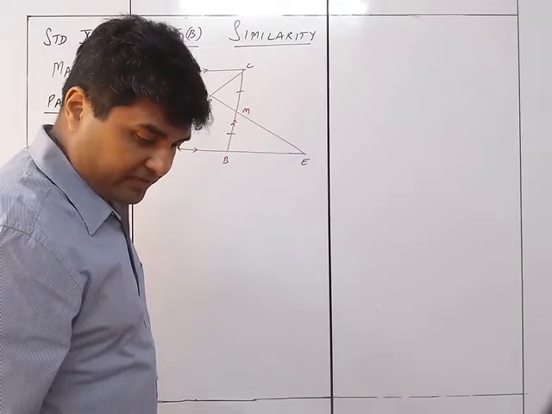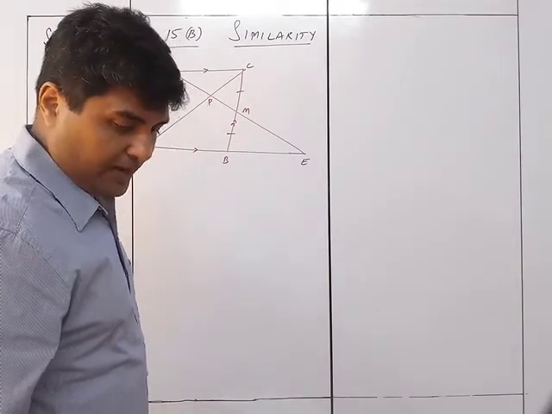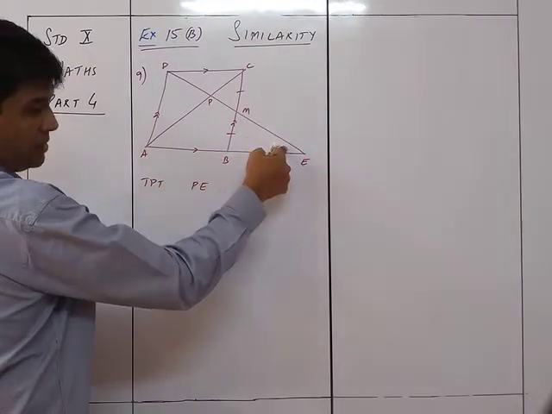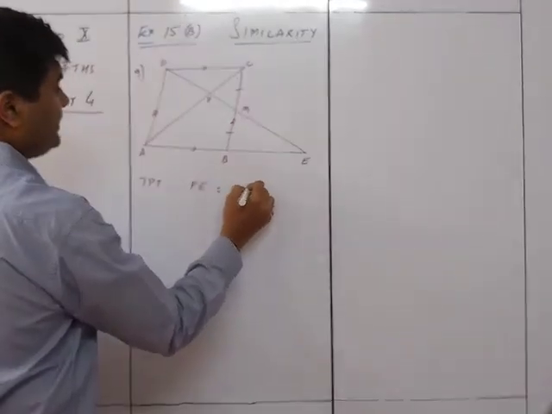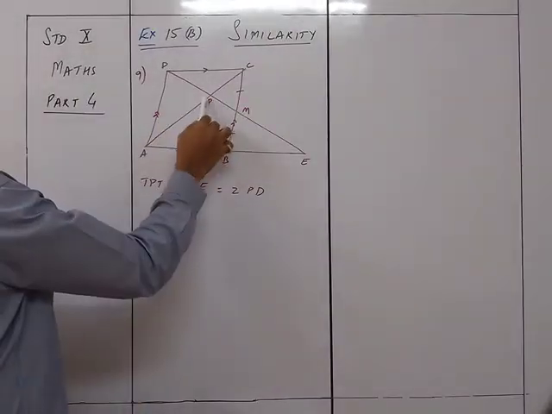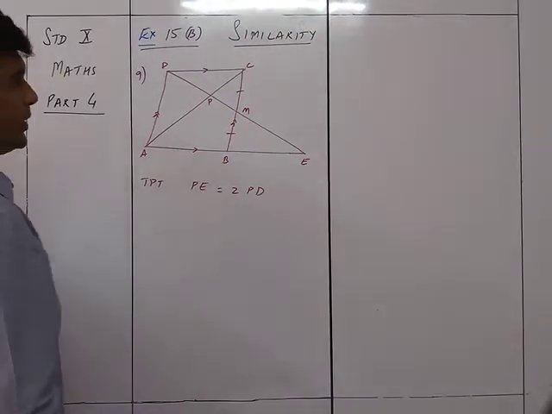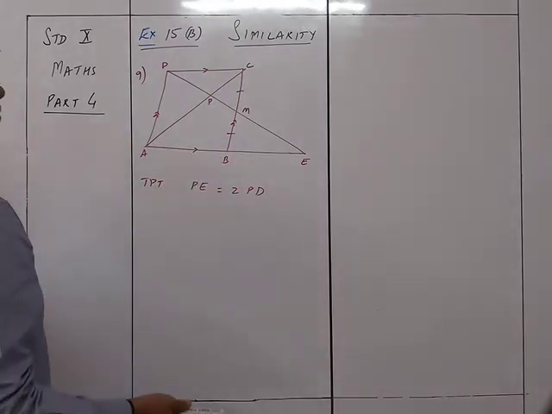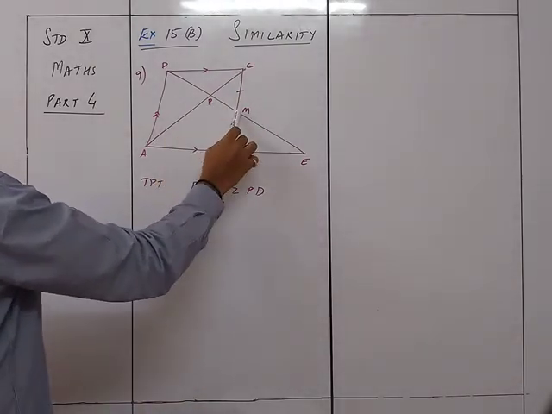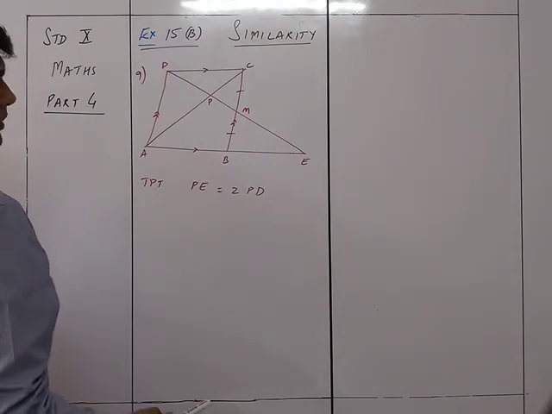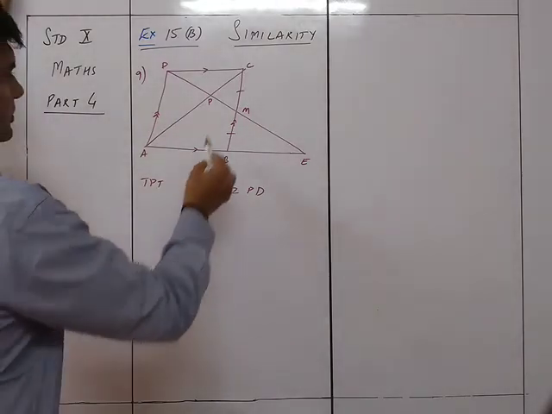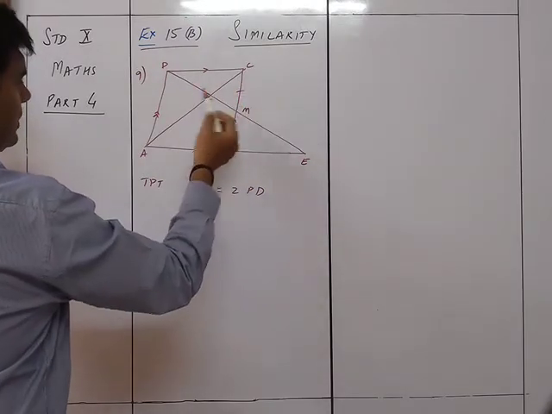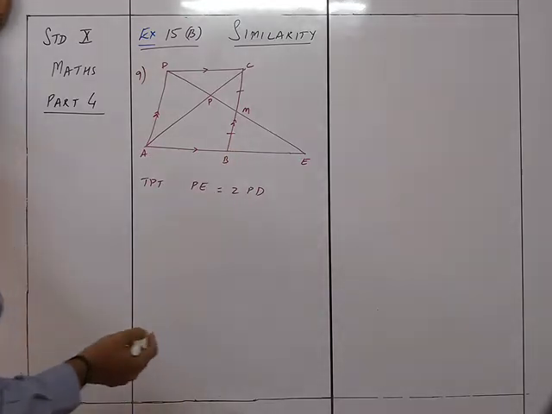ABCD is a parallelogram, DM is produced to meet AB produced at E. Prove that PE is equal to twice PD. Okay. This upon this is going to be 1 upon 2. So before we take this 2, we'll have to take this one because M is the midpoint. So we'll have to take it that way. Or else do we have any other option? Right, we don't have many options.